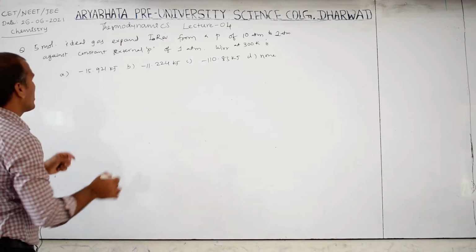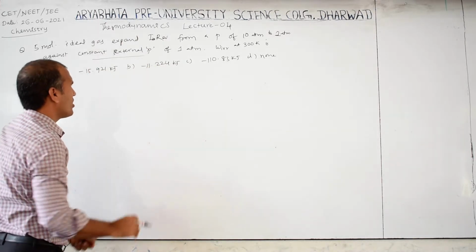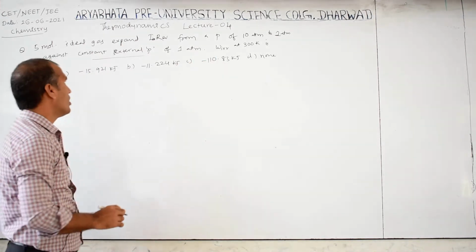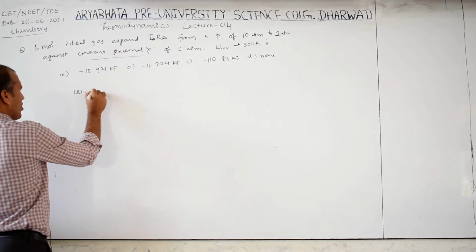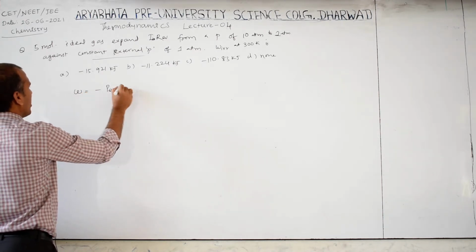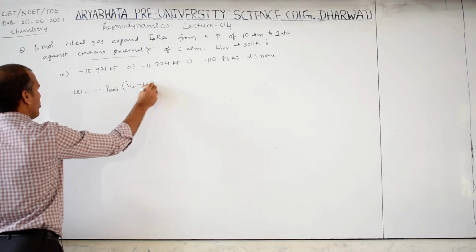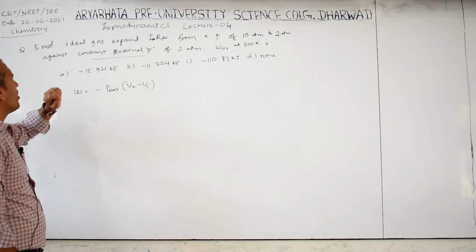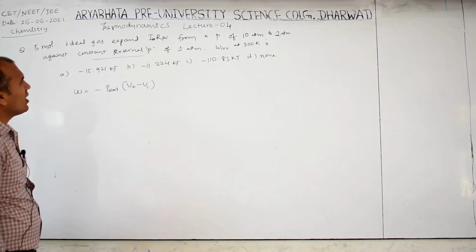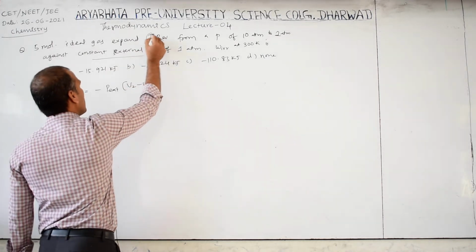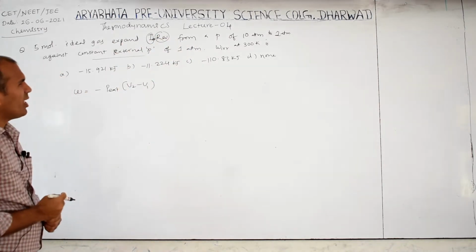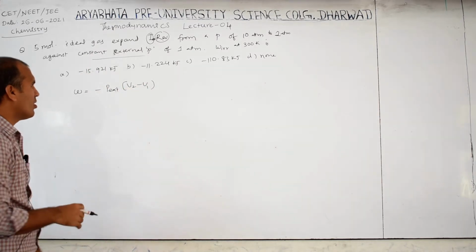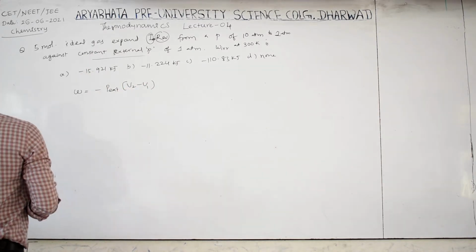Now the question is constant external pressure word given means that is irreversible. Anyway in the question also they given that is irreversible. Therefore W is equal to minus P external into V2 minus V1. Now in the question 5 moles given and gas expand is isothermal, and reversible. From a pressure 10 atmosphere, 1 atmosphere. Here pressure given but volume not given. But we know how to convert this.